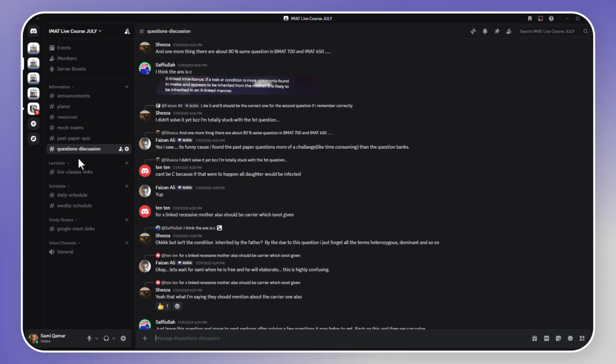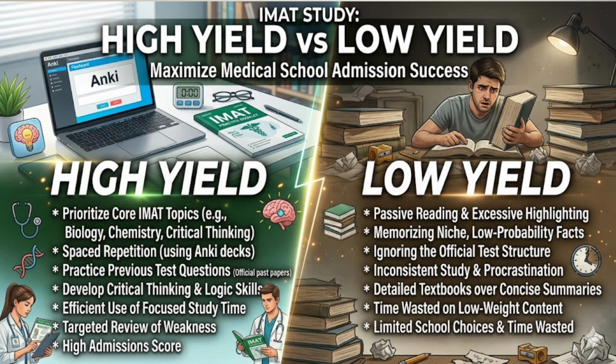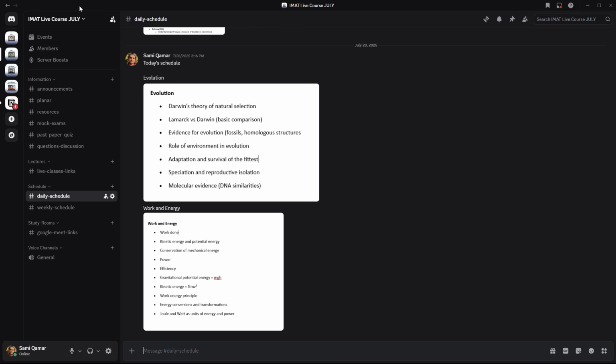But in that community, you will have a dedicated section of daily schedule where you will be getting every day what you need to study, because as you know, there is low yield stuff and high yield stuff. For the IMAT exam, you need to study high yield content which has been asked in IMAT past exams, and that's gonna be asked in your upcoming exam. This is very important because in a specific chapter there are always low yield topics that you don't need to study. So in the daily schedule, you will be getting what is important, what you really need to study for